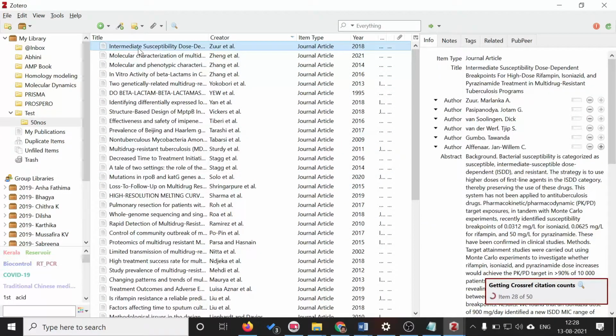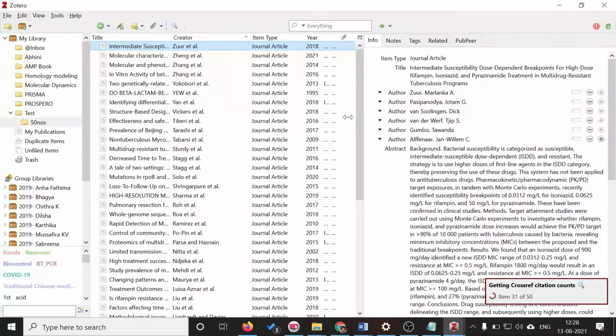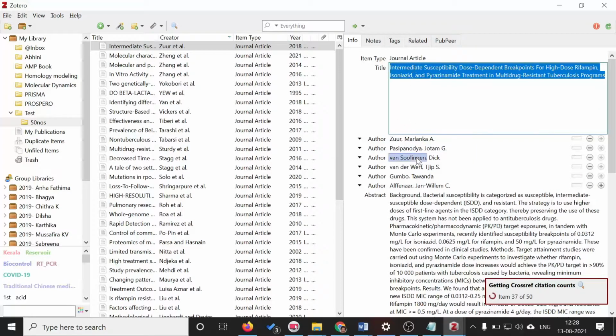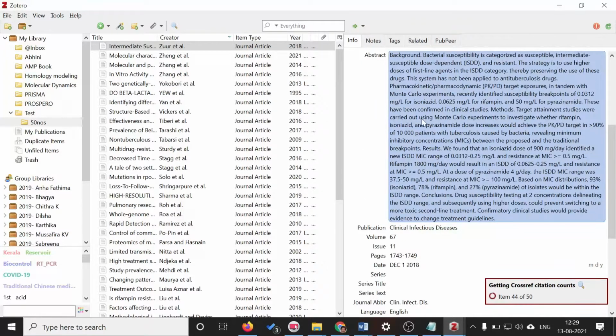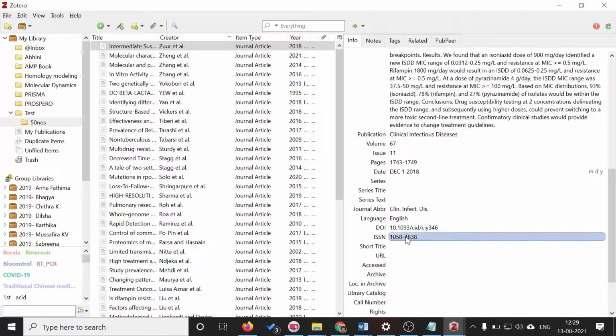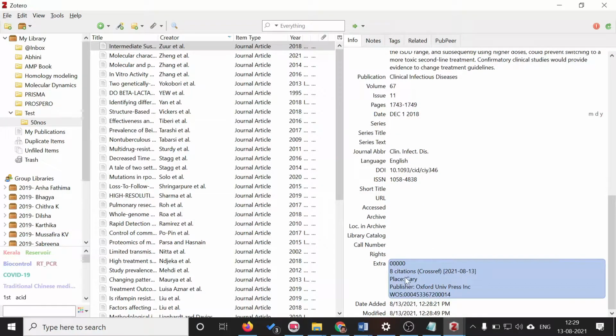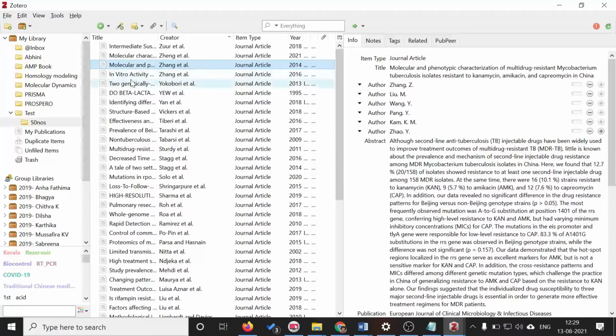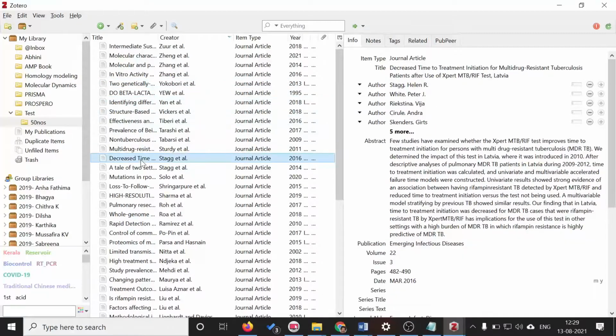So if you open that one, you can see that on the left side panel, you have the journal, it's a journal article. This is the title. These are the list of the authors. This is the abstract and title of the journal, volume, issue, page number, and release date, then the DOI number, ISSN number, and the citations received to that article. All informations were now available in the database. So likewise, you can go on checking this data. Okay, this is one way to add your references or the list of references into the Zotero.